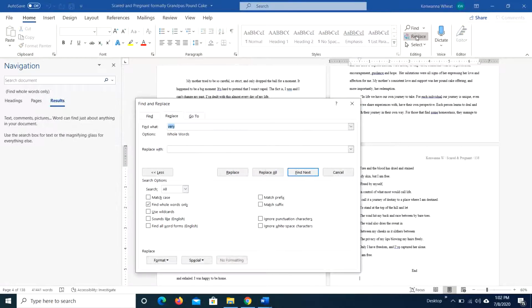So if you click replace, make sure to select "find whole words only," because you want to make sure that it's the whole word that you are looking for. For instance, "every day," or the word "every," has "very" inside of the word. So if this is not selected, "every" will be included in your results, and that's not what you're looking for. So you want to select "find whole words only," and this will take you to the precise word that you're